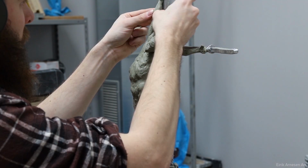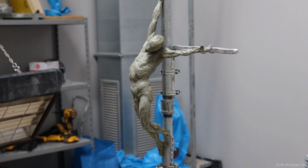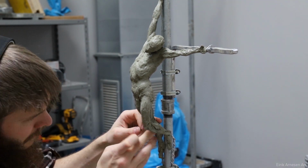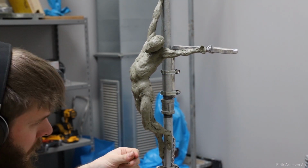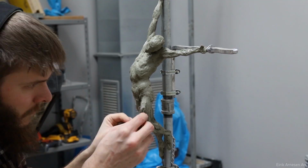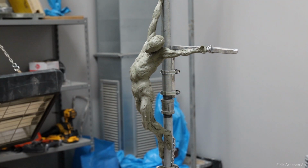This is not always the case, but in general. And I have a whole video on this subject, there's a link in the top right corner. But in this case, he's hanging from one arm mostly. So I try to imagine what would happen to the body when you hang from one arm. And when you do hang from one arm, most of your mass will be underneath the point holding you up,